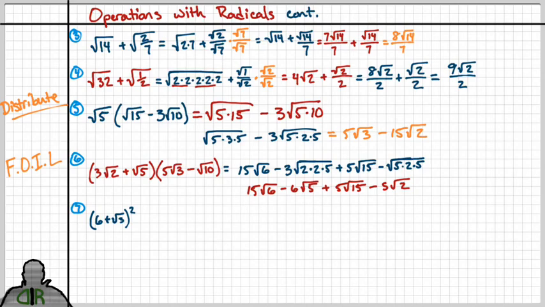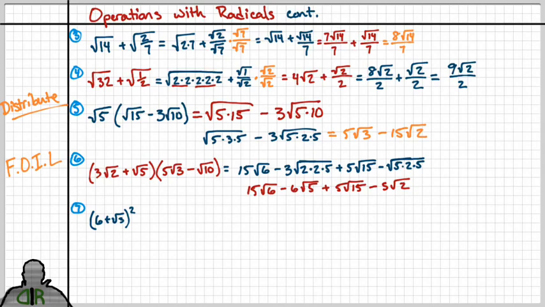So the question is, can you combine anything in there? Is there anything left to combine? No, there's not, because this is a root 6, root 5, root 15, root 2. None of them are like radicals, therefore they cannot be combined. Okay, last one coming here, and we're going to be done shortly with the video. So this one here is a square of a binomial that has a